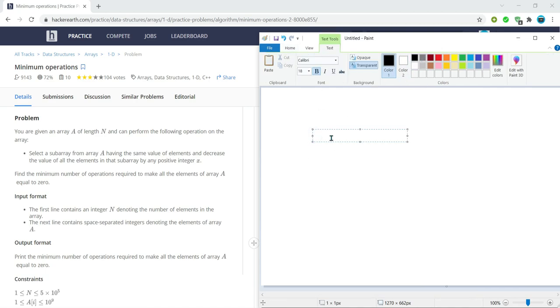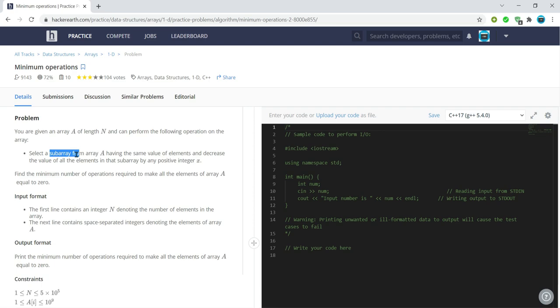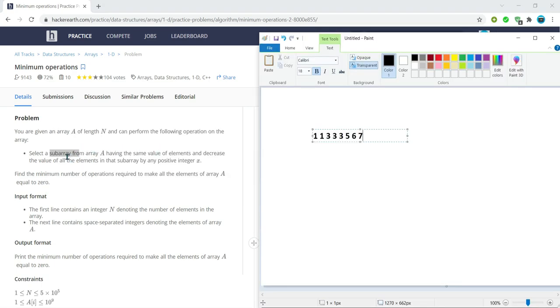So what this question is trying to say is that we are given an array. Suppose we are given an array 1 1 3 3 3 5 6 and 7, and we need to have a subarray that has the same values, and decrease it by some positive integer x.